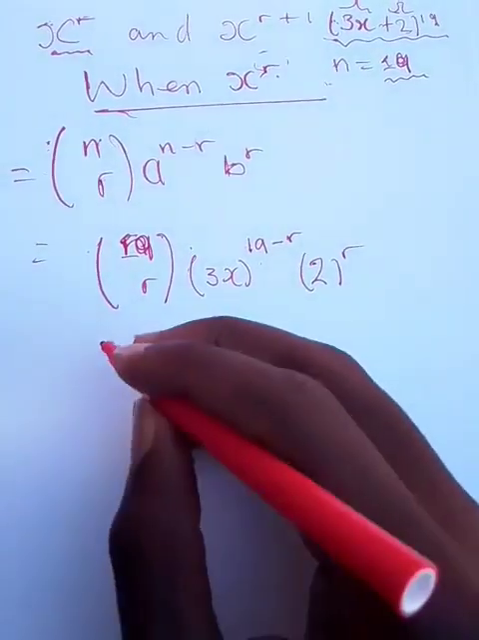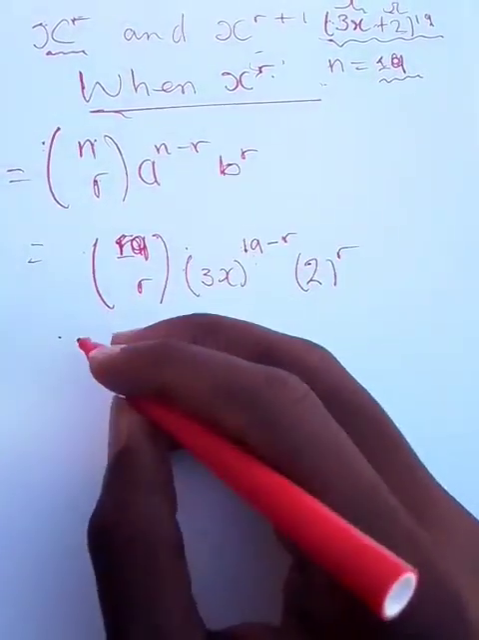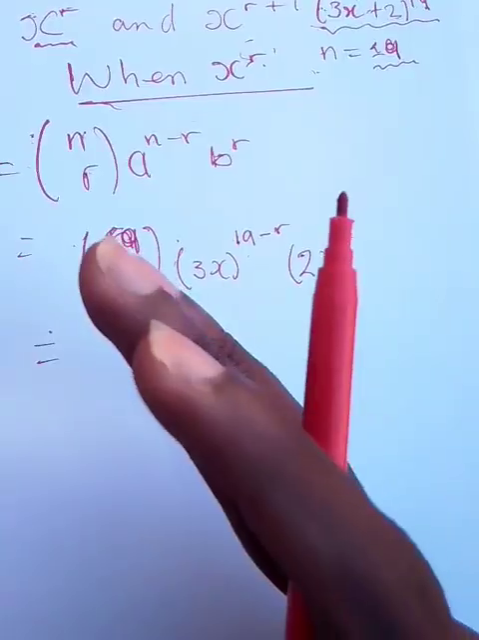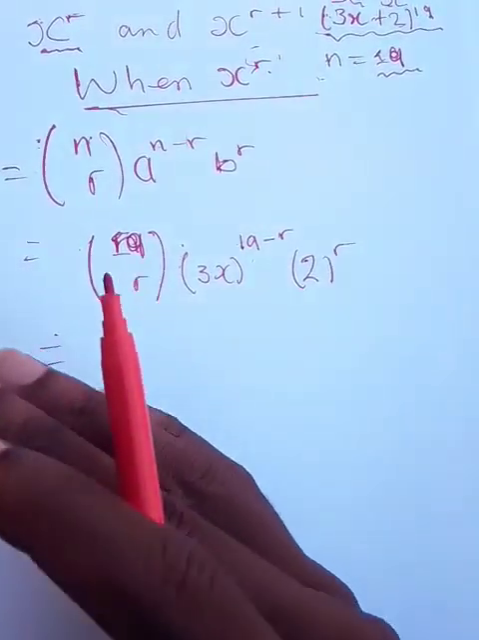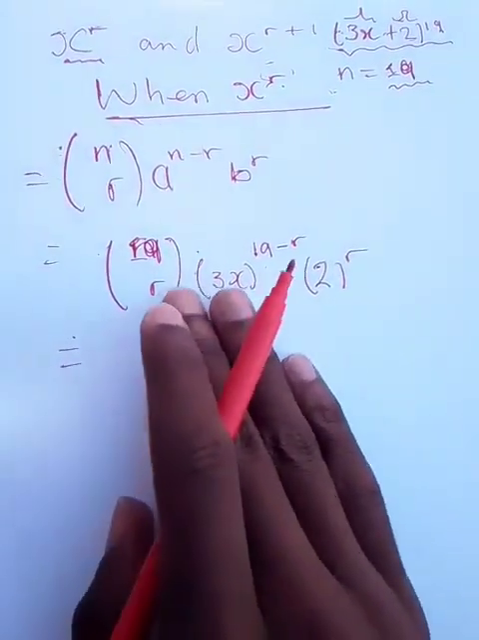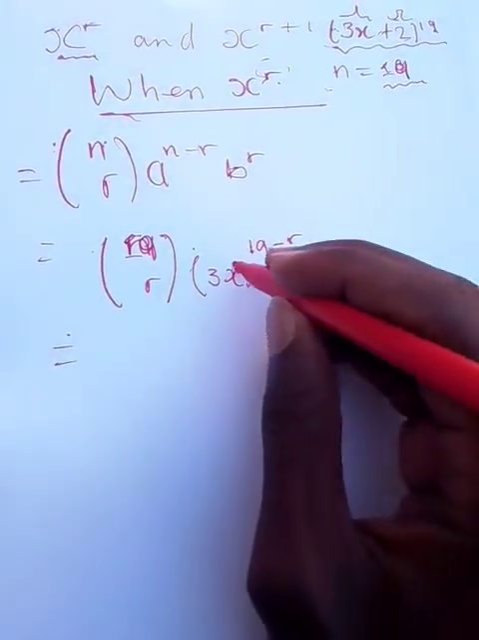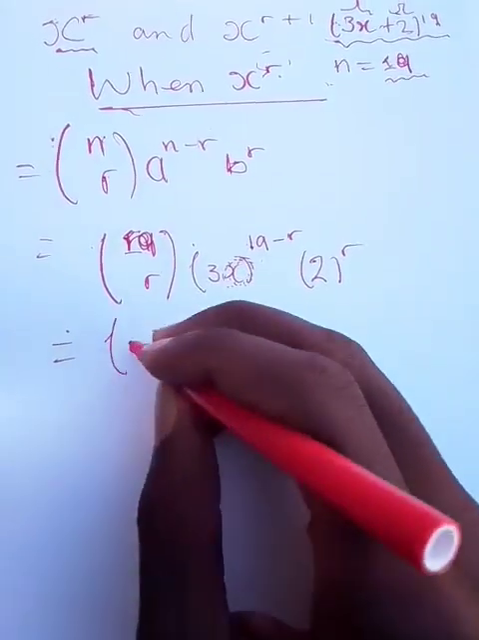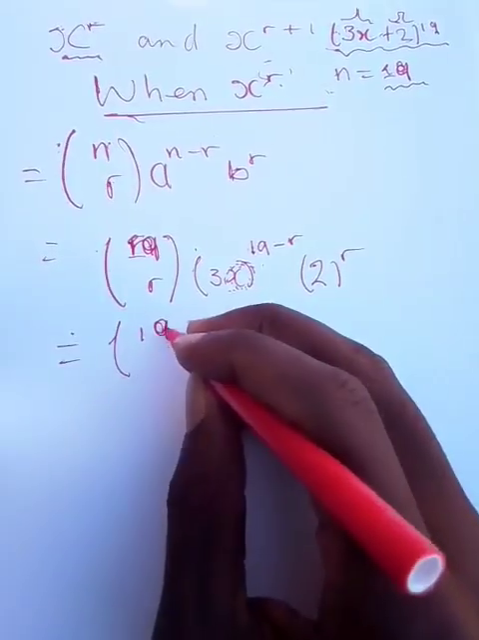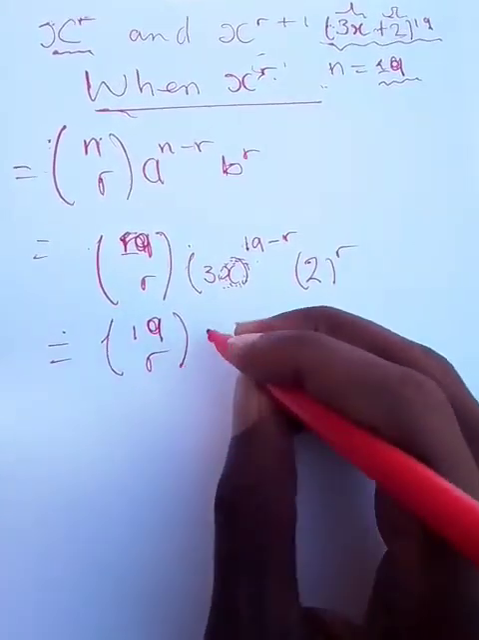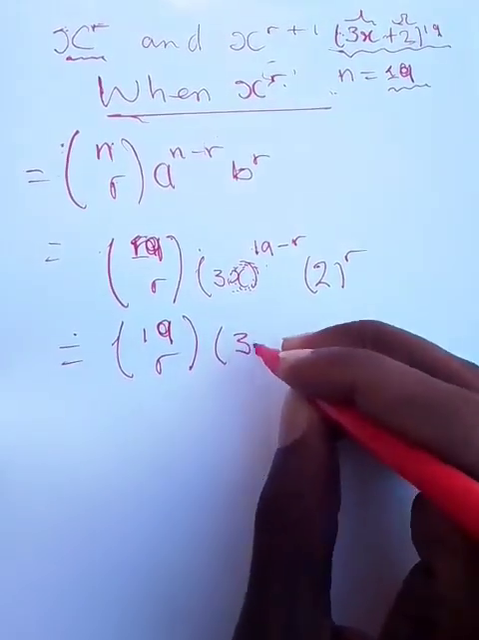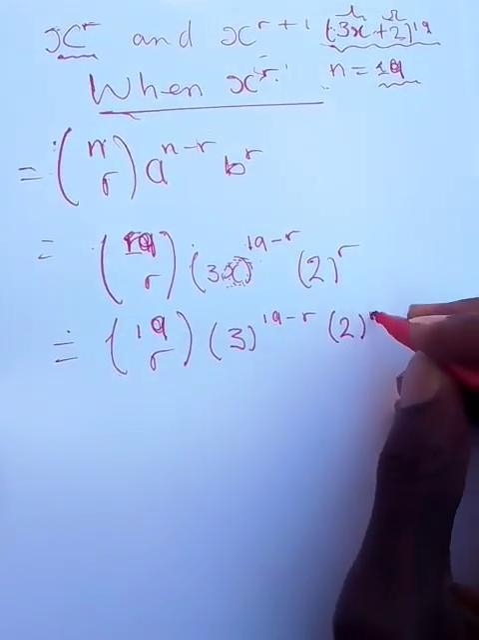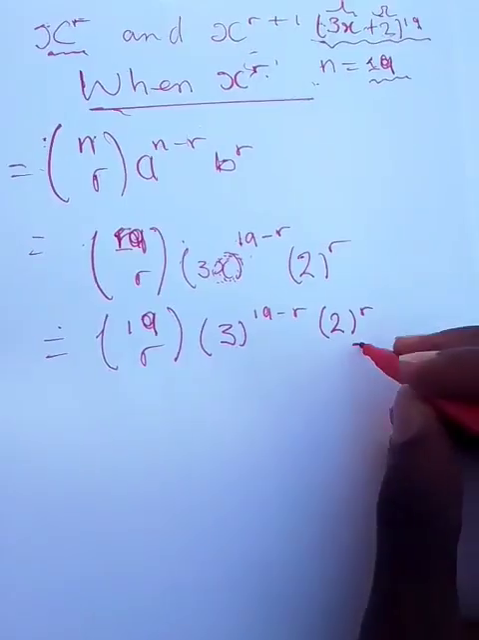So at the moment, here's the thing. I'm only interested in finding the coefficient, not the variable. So here what you're going to do is ignore this variable here, which is x. I'm only interested in the coefficient, okay? So I'm going to eventually have 3 to the power of 19 minus r, 2 raised to the power of r. I'll call this my first equation,